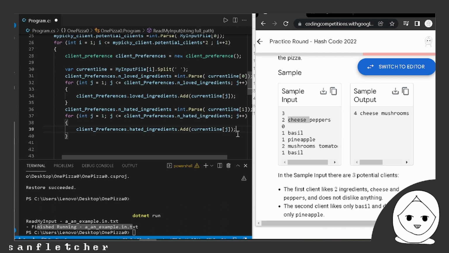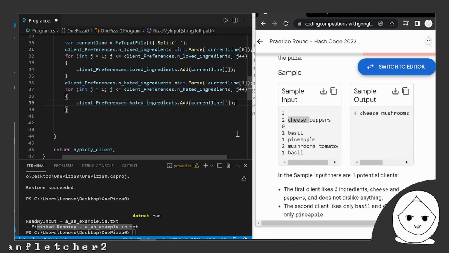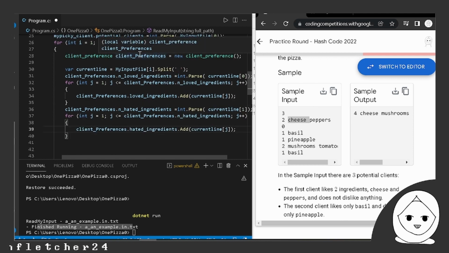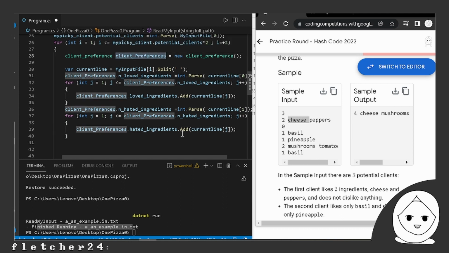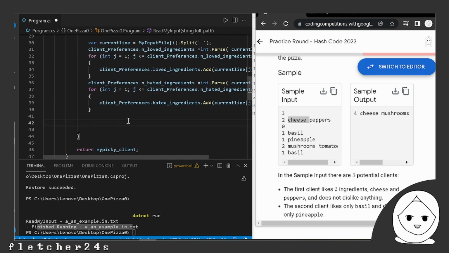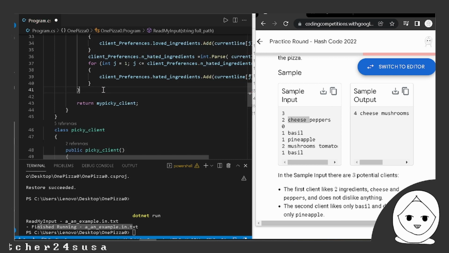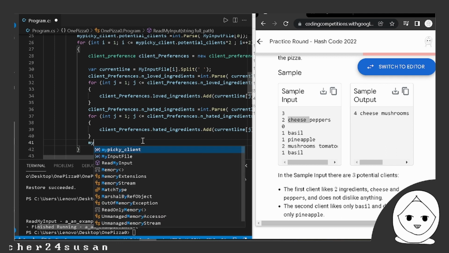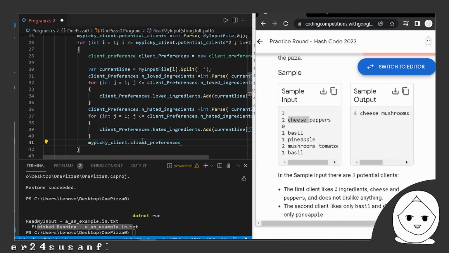So that's why I said it again, because okay, now that we have one client's preference, again we have 3 clients, we're going to add that to the picky client. It's called my picky client. But wait, no, I need to be in this loop because I'm reading picky clients. Okay, my picky client dot client preference, and we're going to add the one that we just read, that being